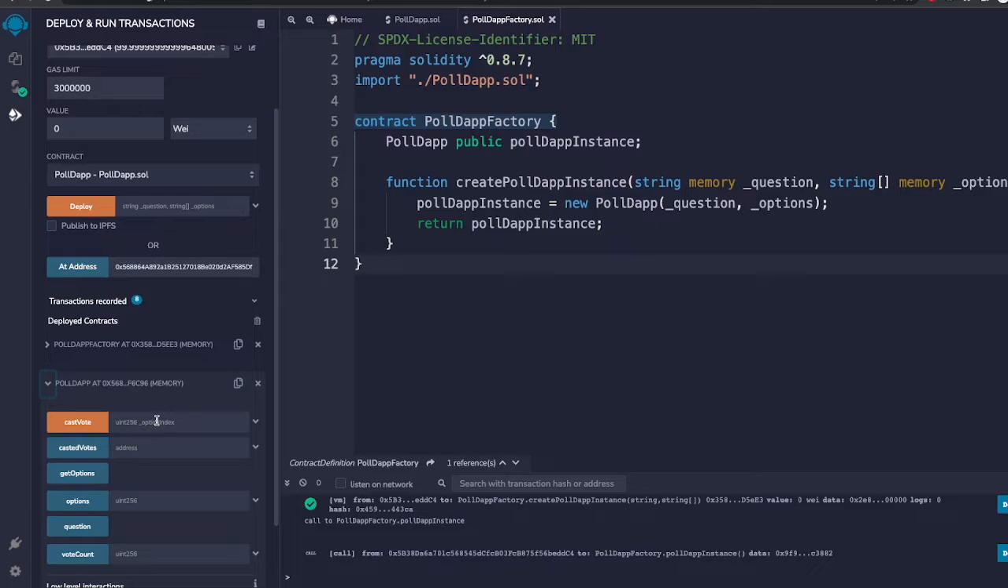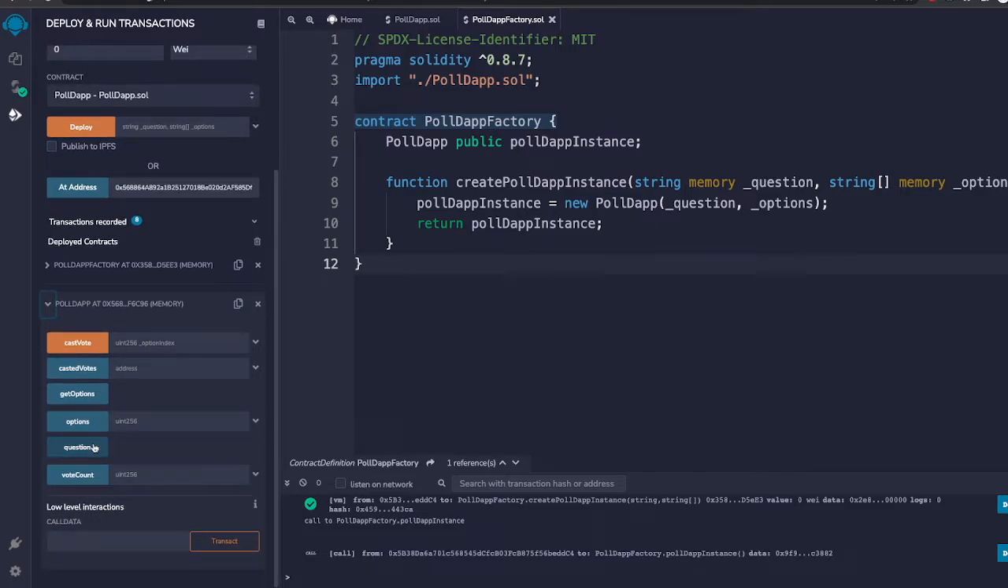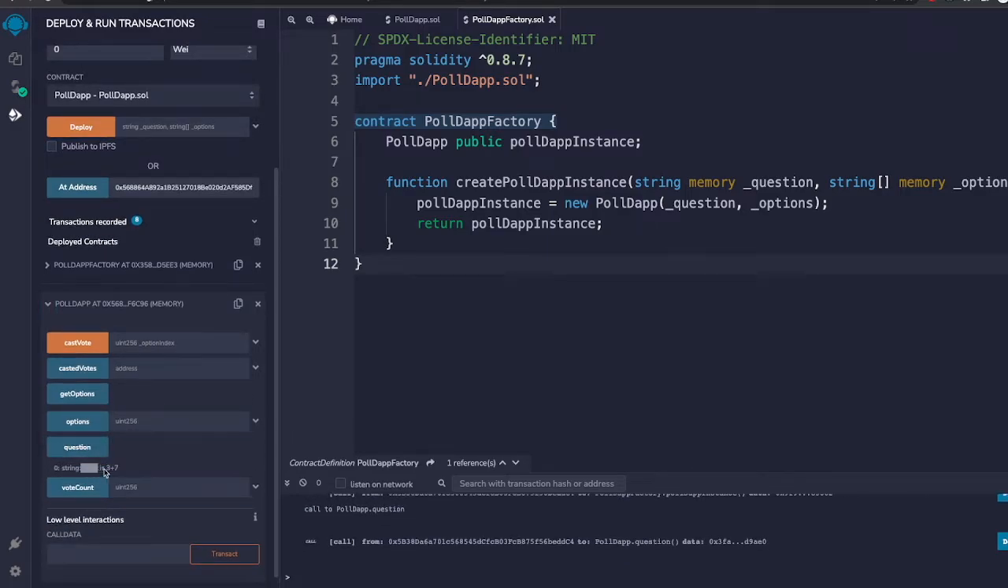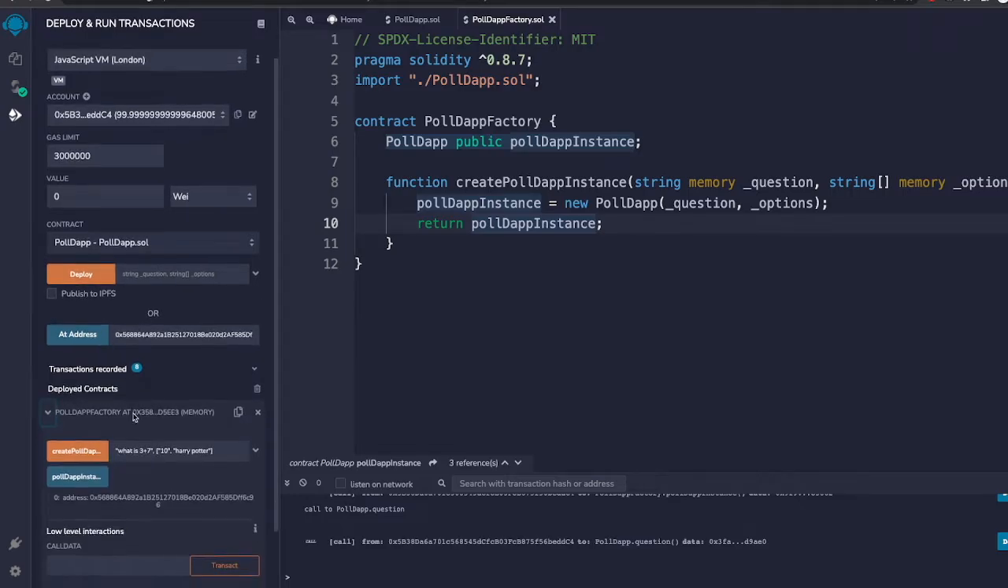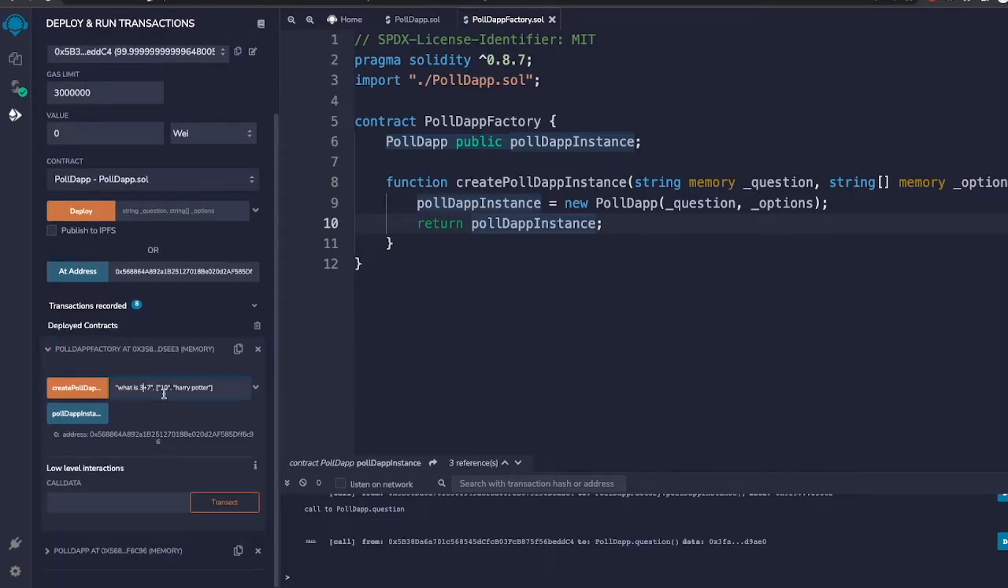Let's quickly go through it once. In this, let's try to get our question, and as you can see, it returns our 3 plus 7. Let me walk through this activity again. I'm going to keep this instance, but I'm going to go to my factory again, and instead of 3 plus 7, let's make it what is 5 plus 7, and our first option will be 12,